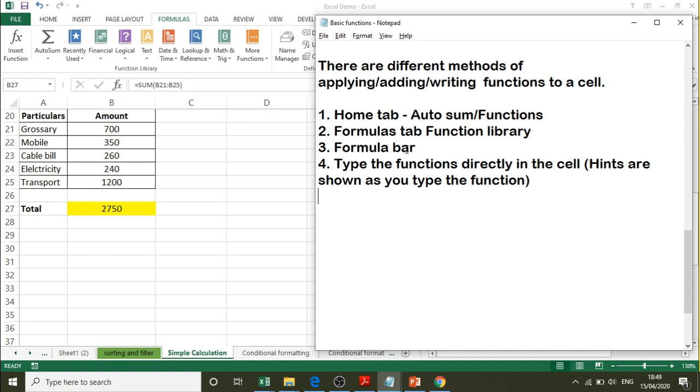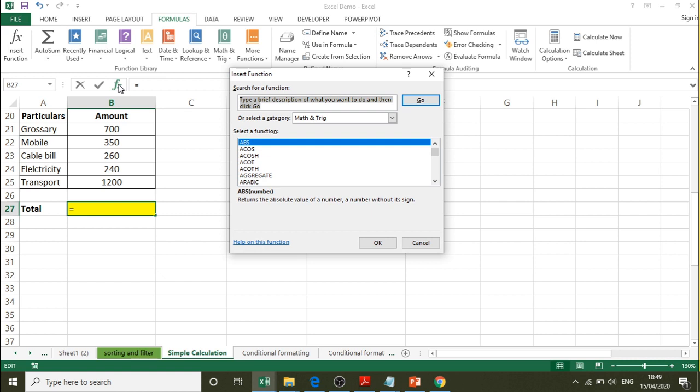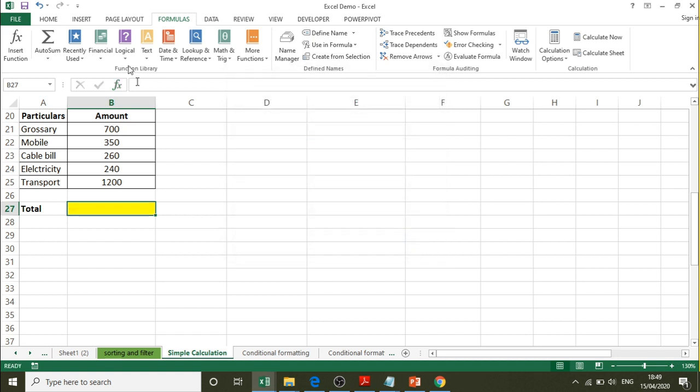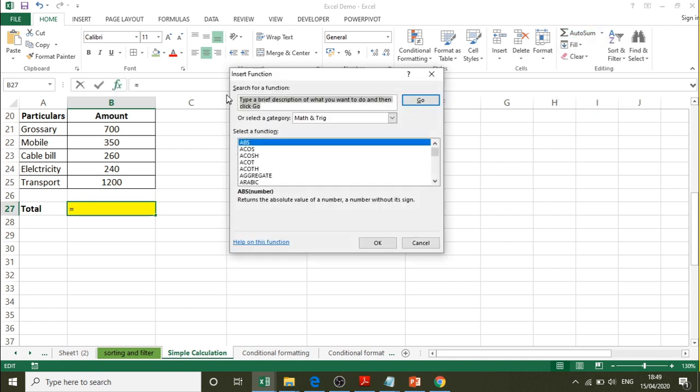Another method is you can click on the formula bar. I will delete this. Here you can see the fx function. You can just click on this, and you get the Insert Function dialog box. If you go to the Home tab, to AutoSum, and the last one, More Functions, in this also you can get the Insert Function dialog box.